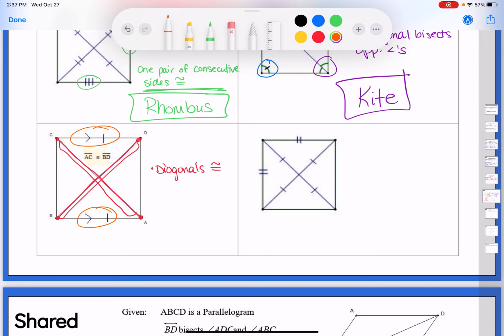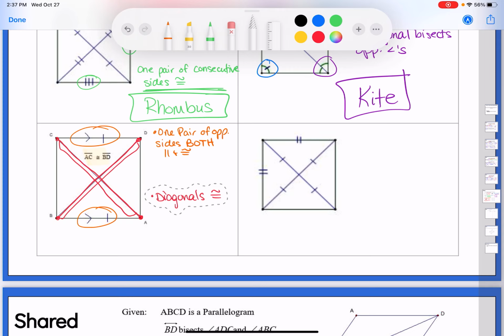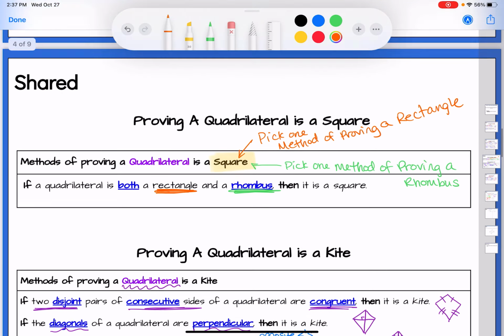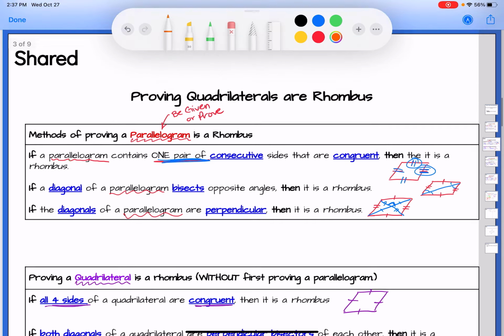one pair of opposite sides that are both parallel and congruent. Wait a second, that was a method we learned yesterday. One pair of opposite sides, both parallel and congruent, that proves that I have a parallelogram. So if I have a parallelogram and the diagonals are congruent,